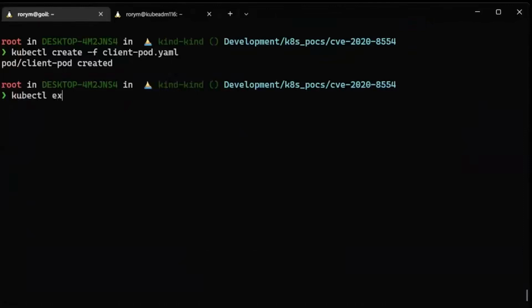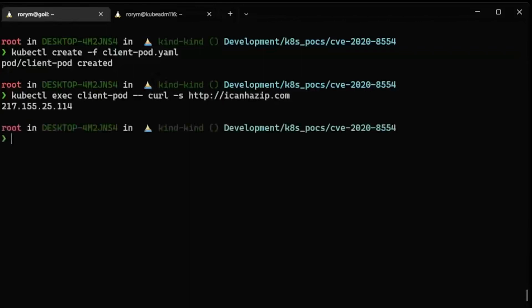So kubectl exec client pod, and then curl -s ICANN.com. And what you see is you come back with, this is my external internet facing IP address, which is what ICANN has IP is meant to do. It just basically returns your internet IP address. So now we're going to deploy a service which actually intercepts that call. And this is something that any service owner can do in a cluster by intercepting the IP address for that service. And then we're also going to spin up a server to actually redirect it to.